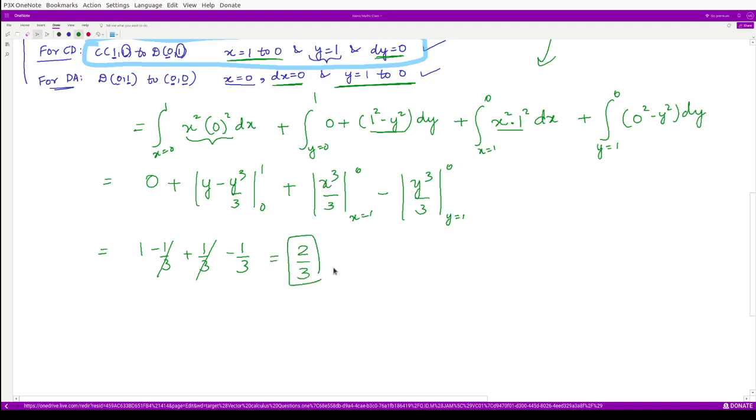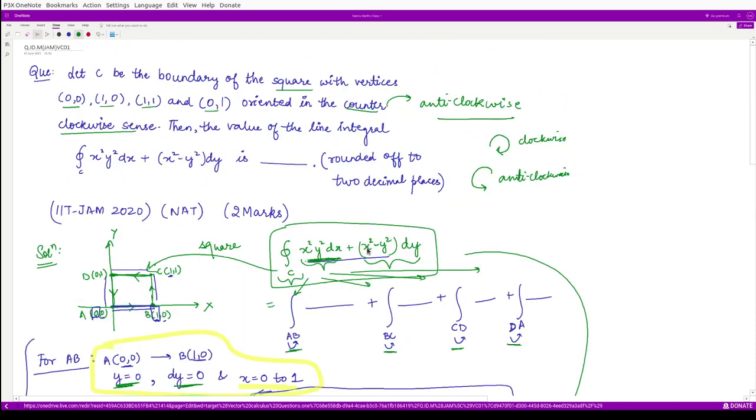So this is your answer, but you are required to input your answer here in the form of a numerical value. So this would roughly be equal to 0.67 rounded up to 2 decimal places. So your answer here is 0.67, right? So here we can write the answer as 0.67, which is your final answer. So I hope this one is clear to you all.